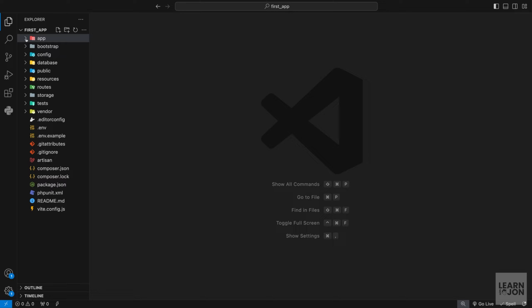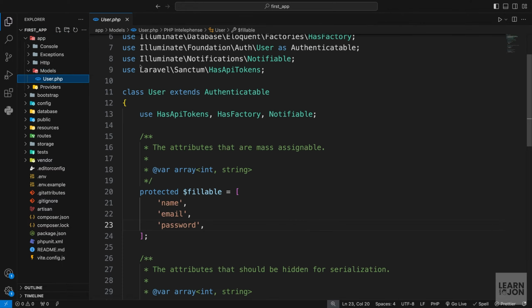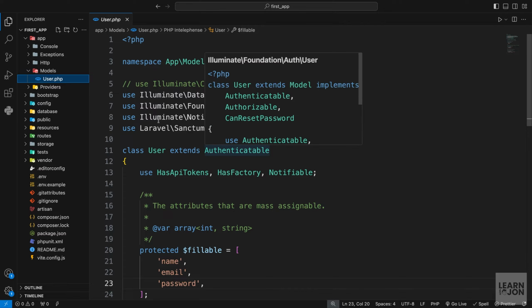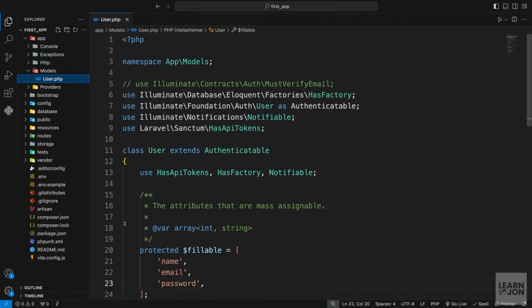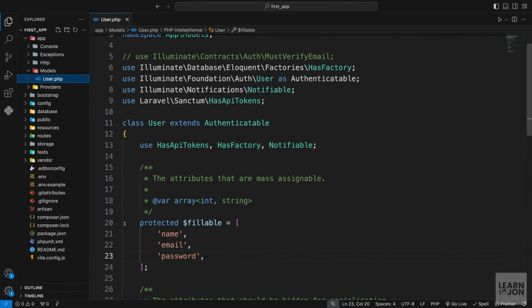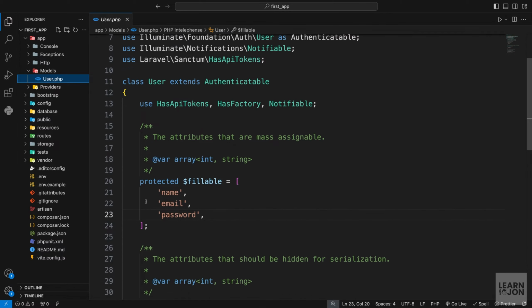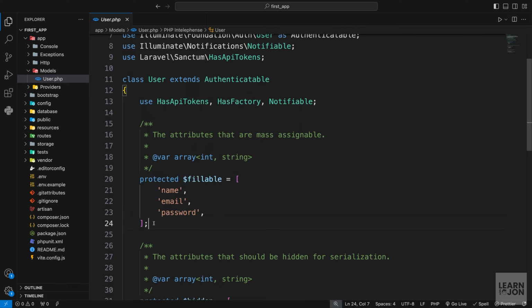All right, so if we go to app and models, we have this user model that ships out with Laravel project. And we don't have to worry about all these imports or classes, but when we create a model using an artisan command, we would have the necessary classes or namespace automatically imported for us. And we will do that in a moment. But the one that I want to talk about is this fillable array here. So this fillable array, as this comment says, is the attributes that needs to be filled because our database needs